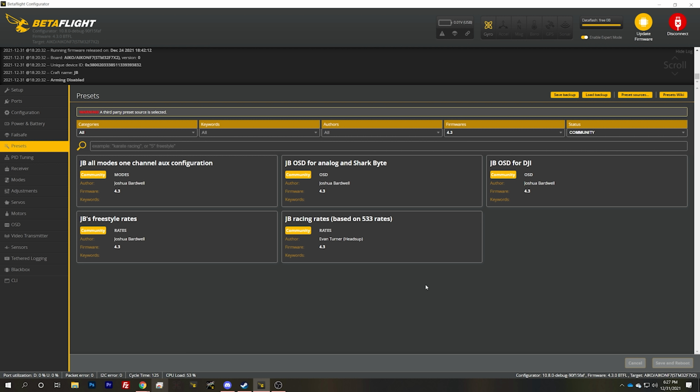Community. And this is mostly just for me, but anybody could make a preset repo and share it with the world and share their presets. Like Mark Spatz, UAV Tech, is making one with all his tuning presets in it and so forth. This is amazing. Next, we're going to go to the Motors tab, and we're going to find the single happiest